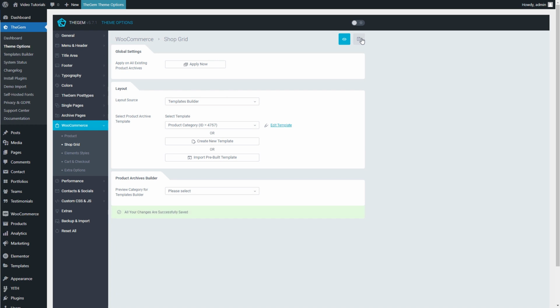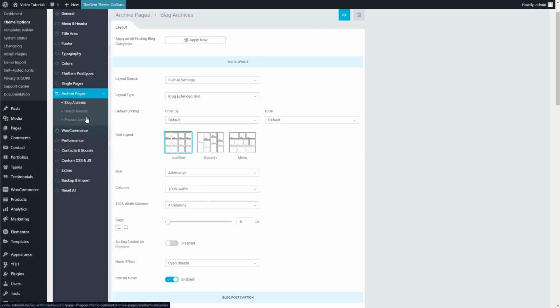At this point, it is important to note that the product archive template created in the Templates Builder is applied to the product archive layout on the product archive page. Simply put, it replaces the content part of the product archive page. All other parts of the product archive page like menu and header, title area, and footer can be globally set in Theme Options, Archive pages,